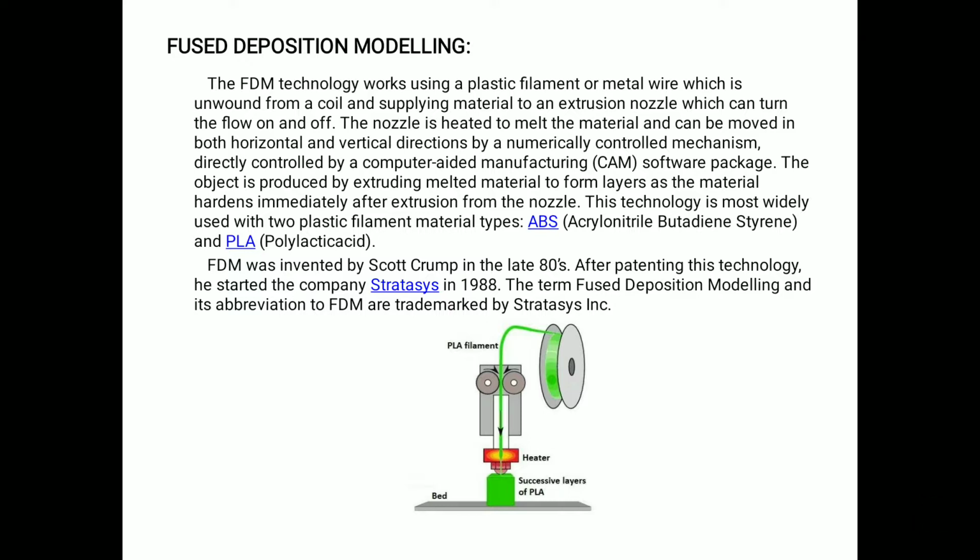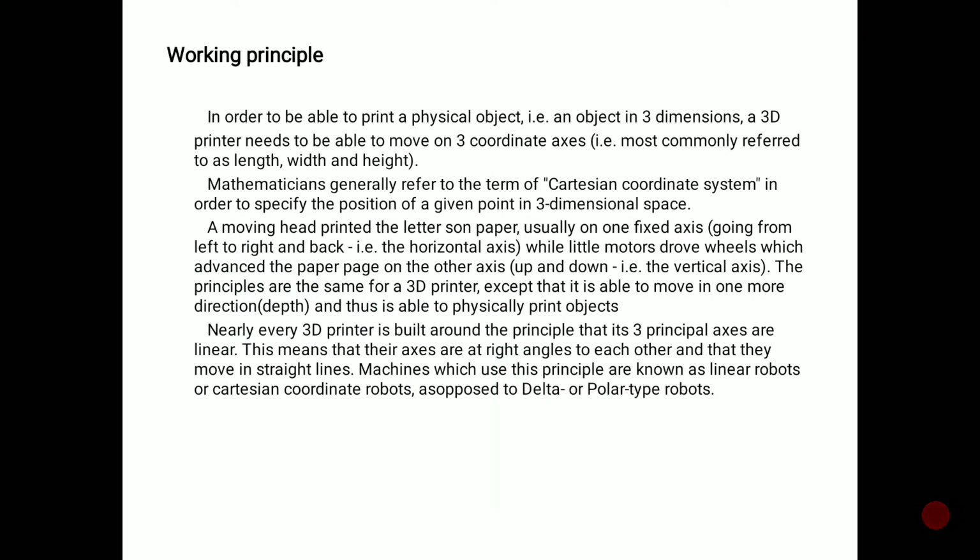The picture of our FDM model is shown below. Working principle. In order to be able to print a physical object, that is an object in 3 dimensions, a 3D printer needs to be able to move on 3 coordinates, that is x, y and z. Mathematicians generally use the term Cartesian coordinate system in order to specify the position of a given point in